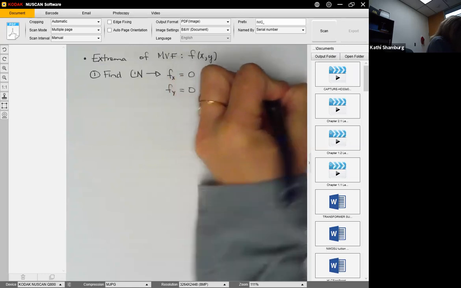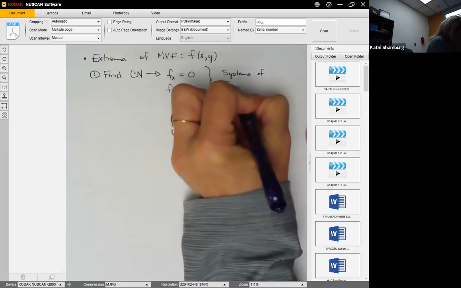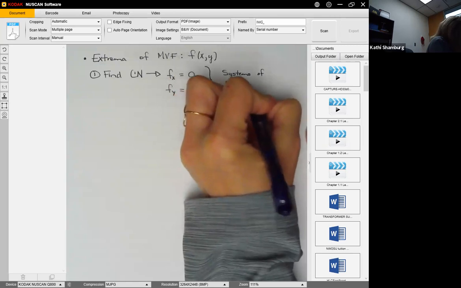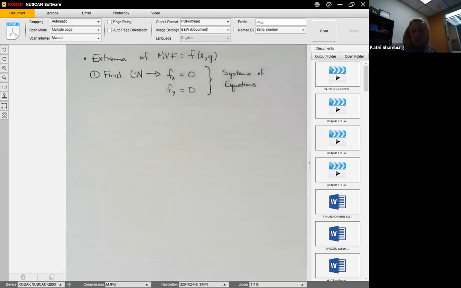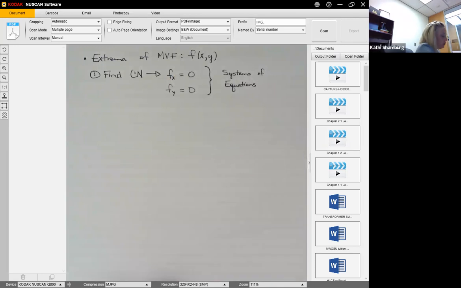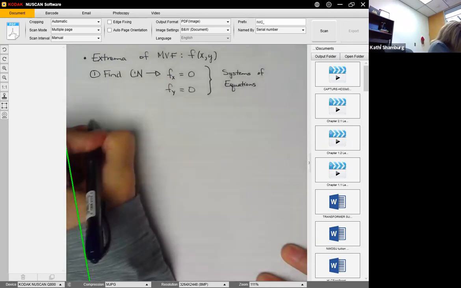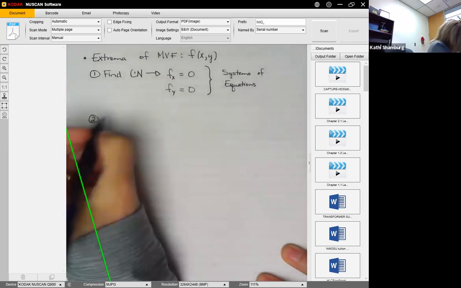system of equations. Now, systems of equations is something that you would have done in college algebra or algebra for STEM. If you did not have that class, you may have to put in a little bit extra work just because it won't be as familiar to you. All right, the second step,